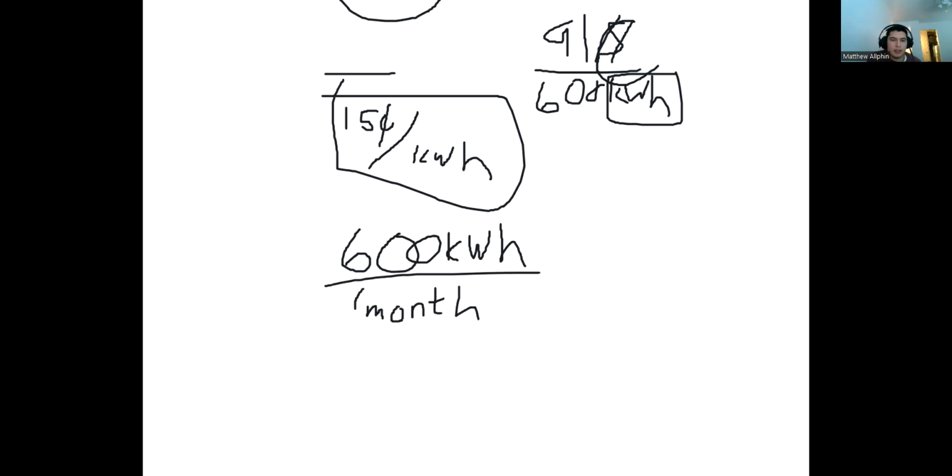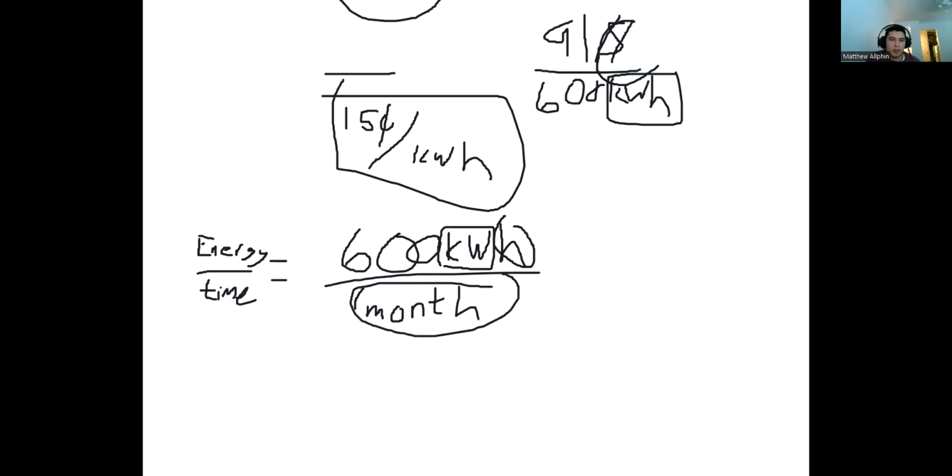When I look at this, this is a power, because it's energy over time. I want to end up with a power, except I want my power to be in kilowatts rather than kilowatt hours per month. The way I do that is I see that I want just these kilowatts right here, so I need to somehow make this hour cancel out with this month. So I need to change this month into